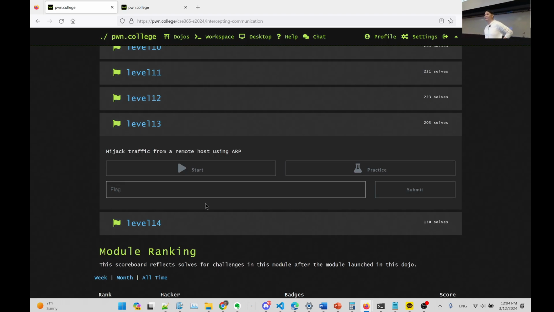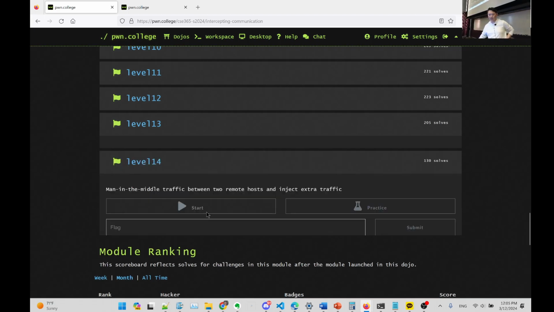ARP? Yeah, so we have to send some forged ARP packets. We call that the reply, the response packet. The ARP response packet to the target, the remote host. After that,